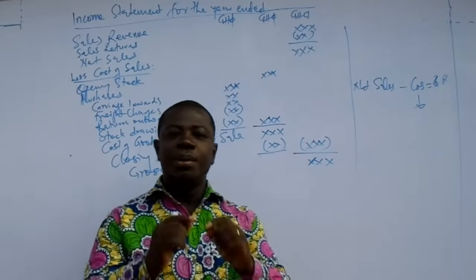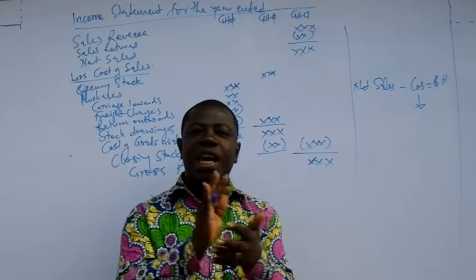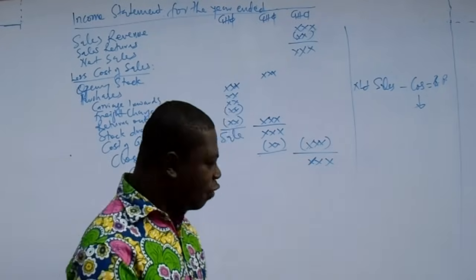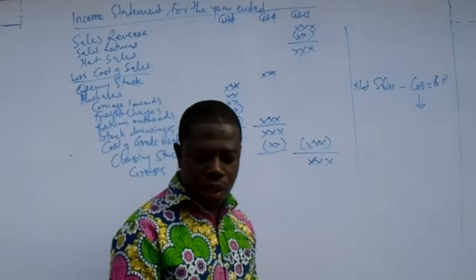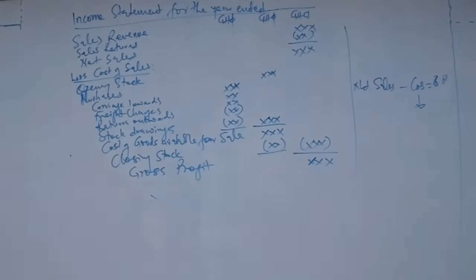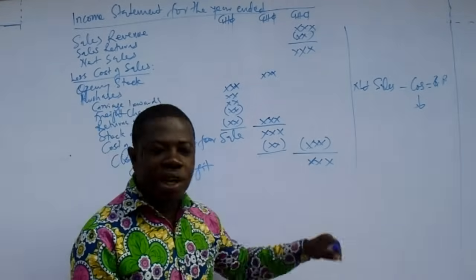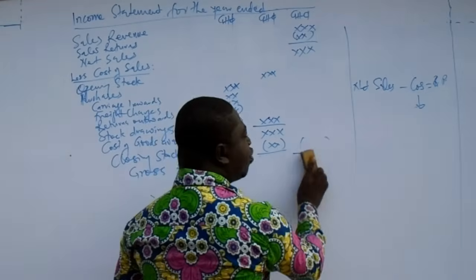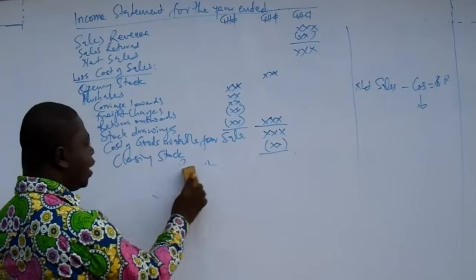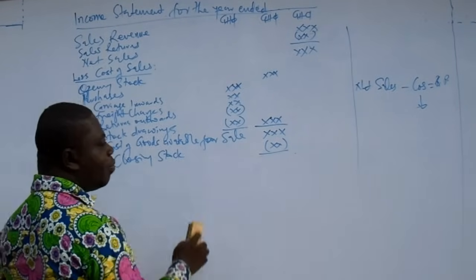And so what we do is that, because wages is a direct expense, it should be added to the cost of sales before we take it out from the closing inventory. And so basically, when you have a question where wages is present, let me try and reverse this situation and explain this to you better. And so what would have been done is that,